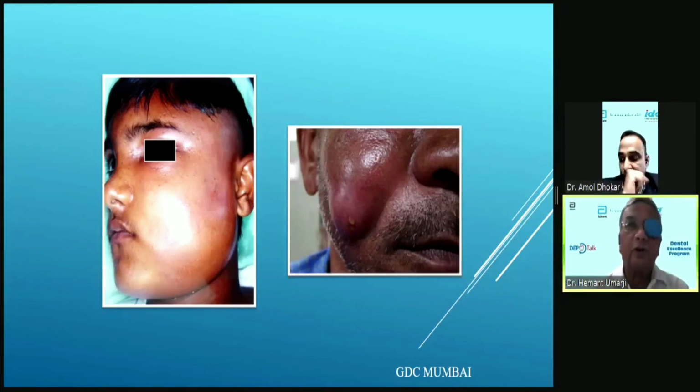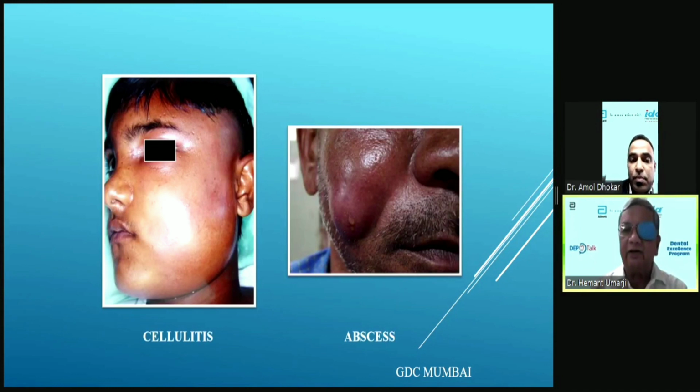Cellulitis is caused by organisms like Streptococcus, which release enzymes like hyaluronidase, streptodornase and streptokinase, which are spreading enzymes, and that is cellulitis. And this abscess is caused by pyogenic organisms, and they liberate an enzyme called coagulase, and that precipitates the proteins, the fibrin, around the collection of pus, and that is the abscess. So the abscess has to be drained, even cellulitis has to be drained.